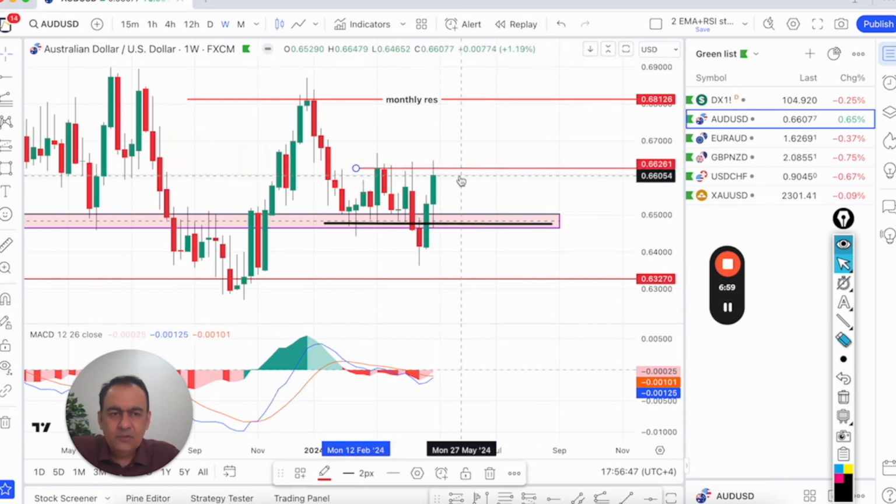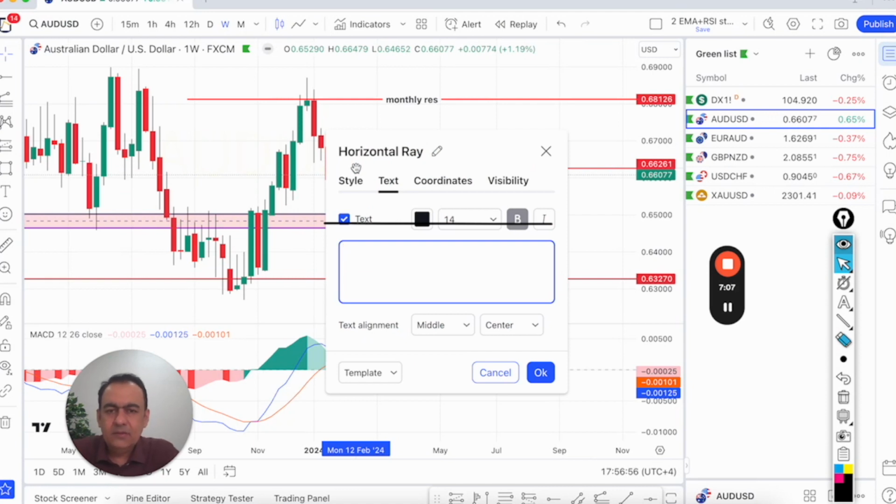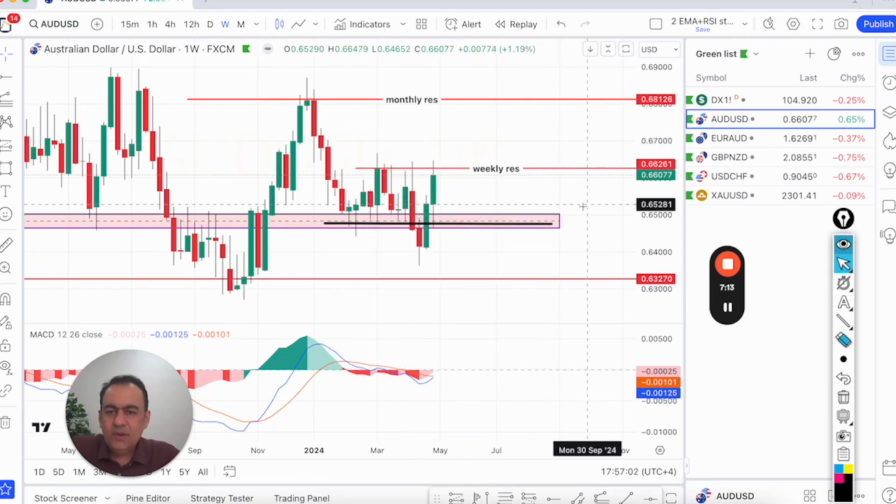It reached the resistance area of 0.6626 and could not break above. So if it breaks this weekly resistance after the interest rate announcement in the coming week, we can expect the Australian dollar to cross this resistance, retest this area as support,